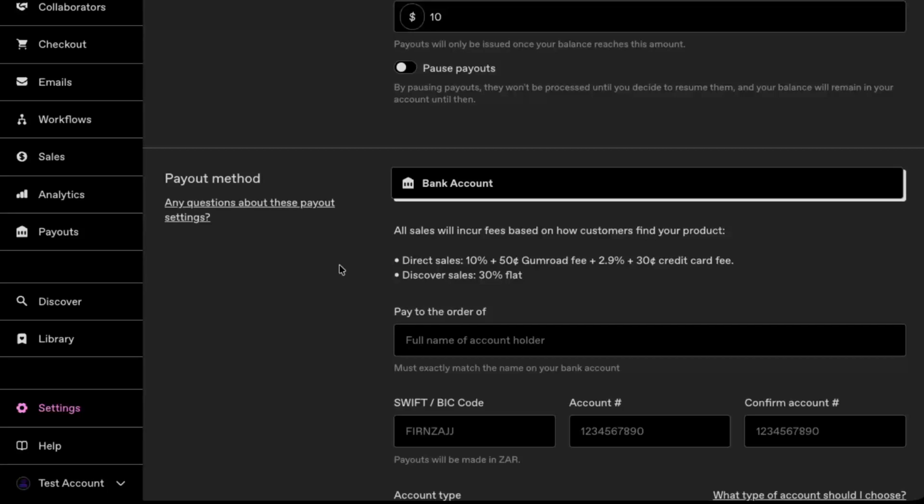The process is very straightforward. Choose your preferred method, fill in your banking or payout details, and save your changes. Once you've updated or added your banking info, make sure you confirm that everything is saved correctly. After that, your future Gumroad